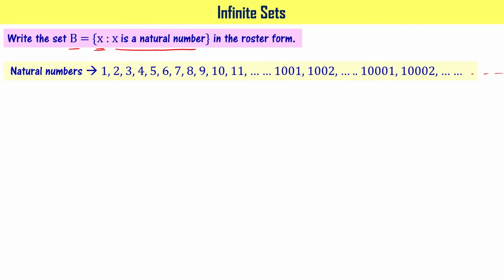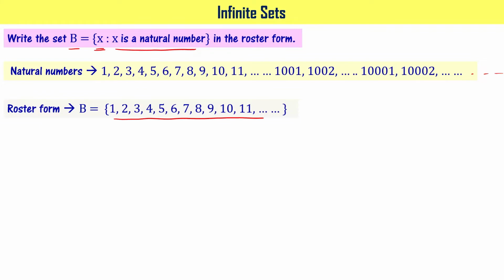It can go up to crores, tens of crores, thousands of crores, crores of crores, or something like that. If you sit and start writing natural numbers, however many days you write continuously without stopping, you will be able to write a few more numbers, right? So can you count these? So roster form is fairly simple. You can write all the elements, whatever you can write, in between curly brackets. For B, I have written 1, 2, 3, 4, 5, and so on in between curly brackets. So that is the set B definition in roster form, right?